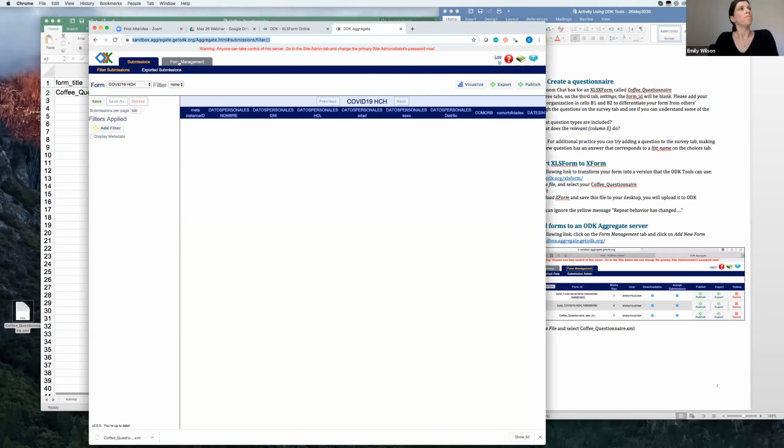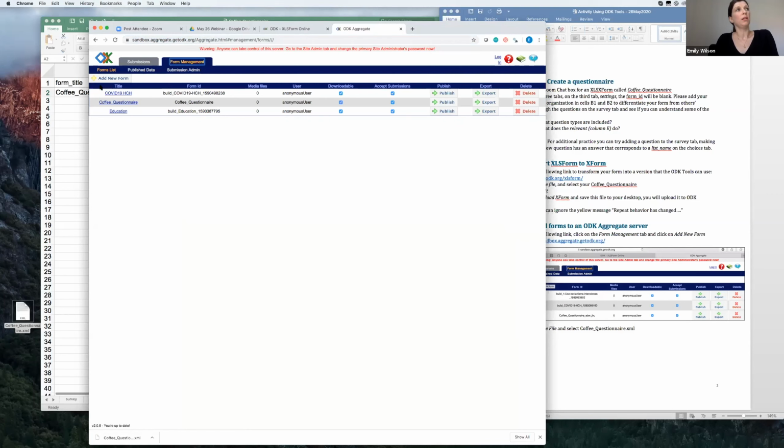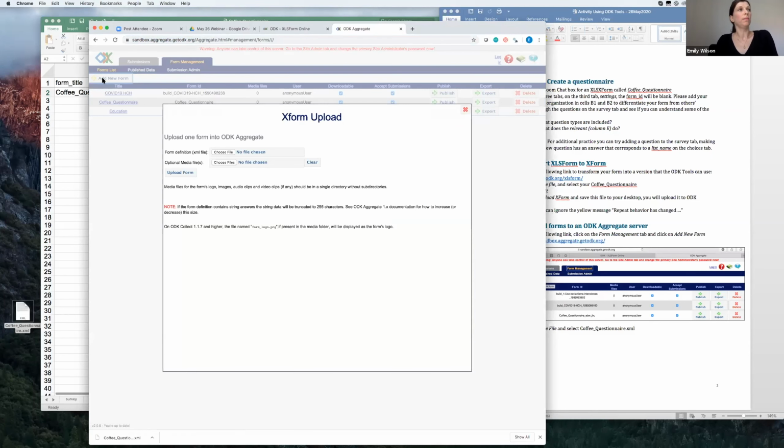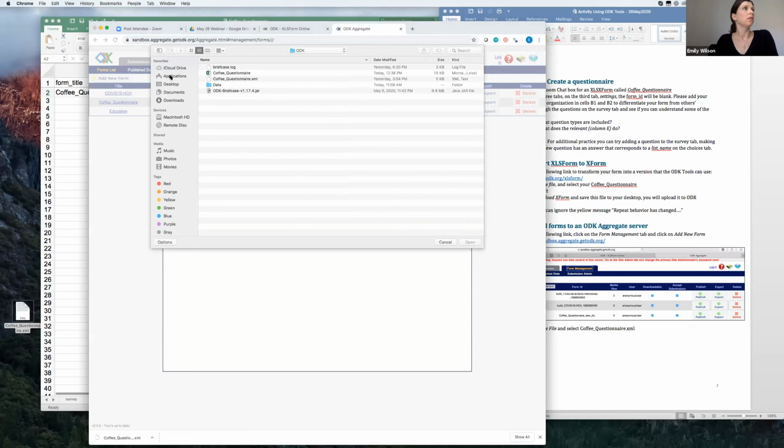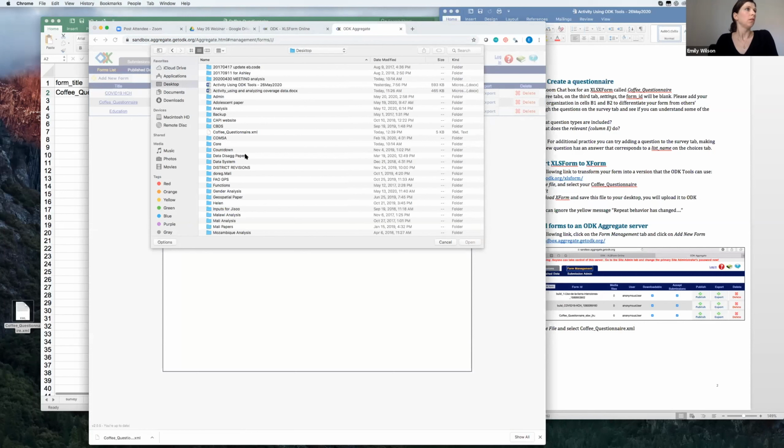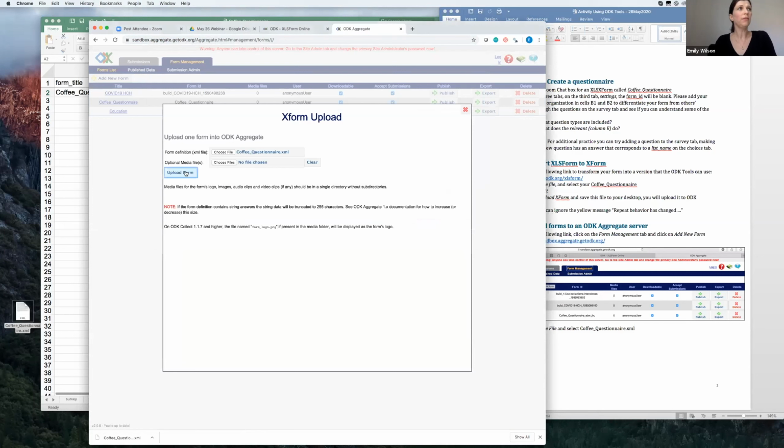And you can go to form management, add new form, choose your XML file. And it should have an XML extension. And if you upload that form,